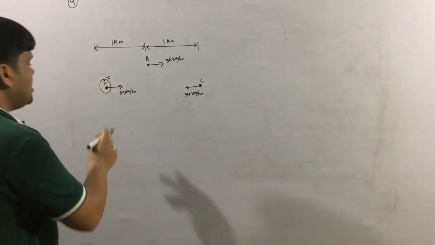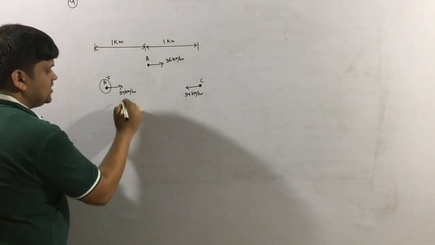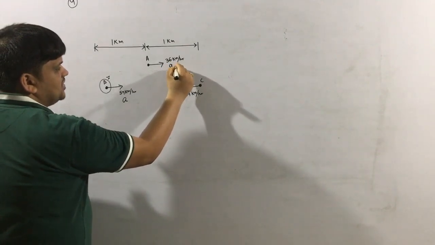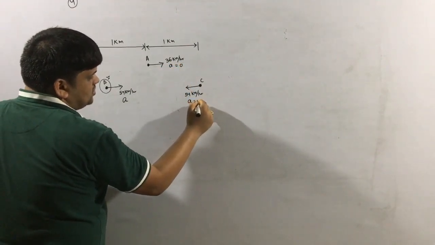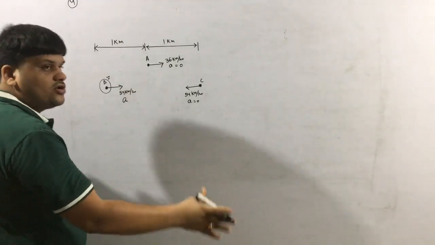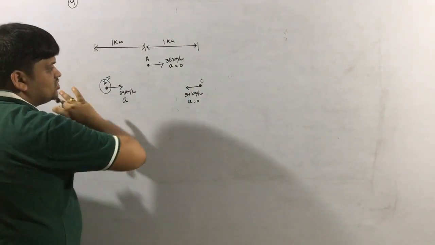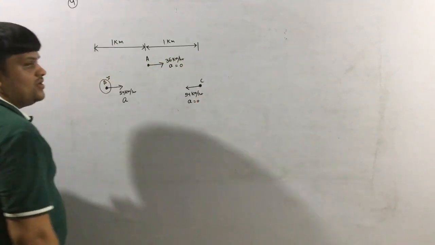So here he has to take some acceleration. Let that acceleration be A. Other have no acceleration, it has an acceleration 0. It has also acceleration 0. They are still moving in the constant speed, but this is taking an acceleration so that its speed will increase and it will overtake the car A first.